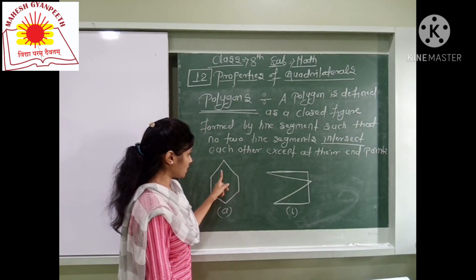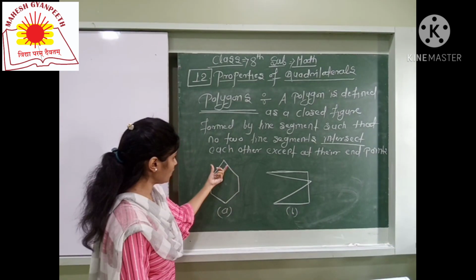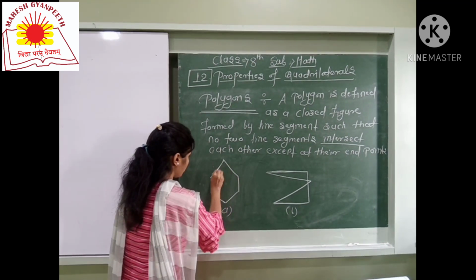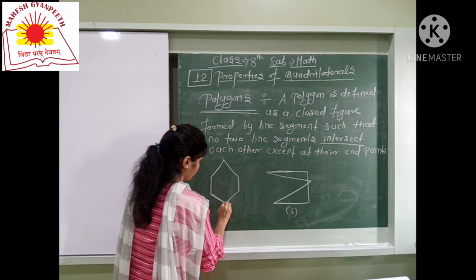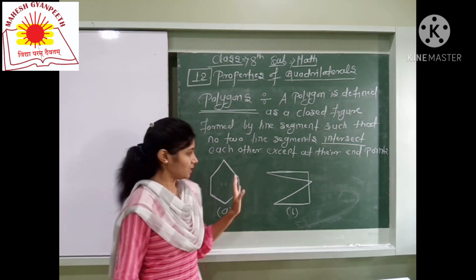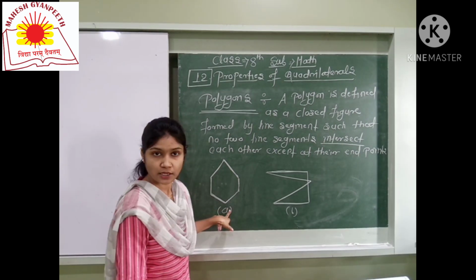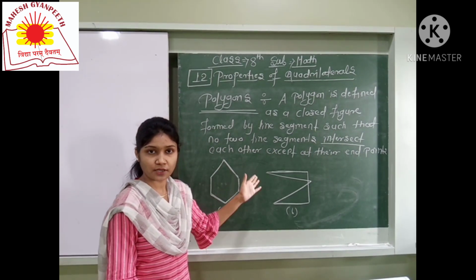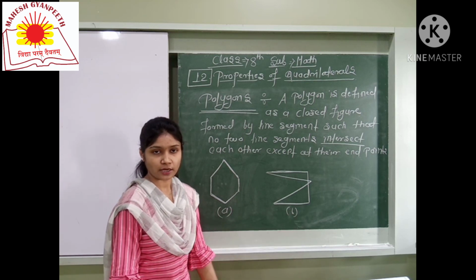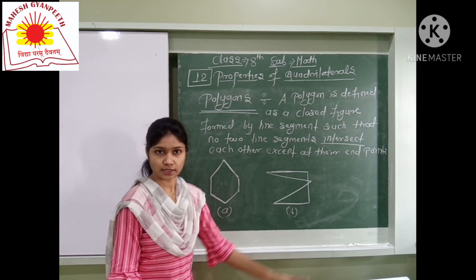Okay, so this type of figure. Do any two line segments intersect? No. So this is a simple closed figure formed by line segments. It is called a what? Polygon. Okay. Then see here, this is the figure of the polygon. There are different polygons you have to give. Okay, there is a front part. After that, the next part you have to give in your table.